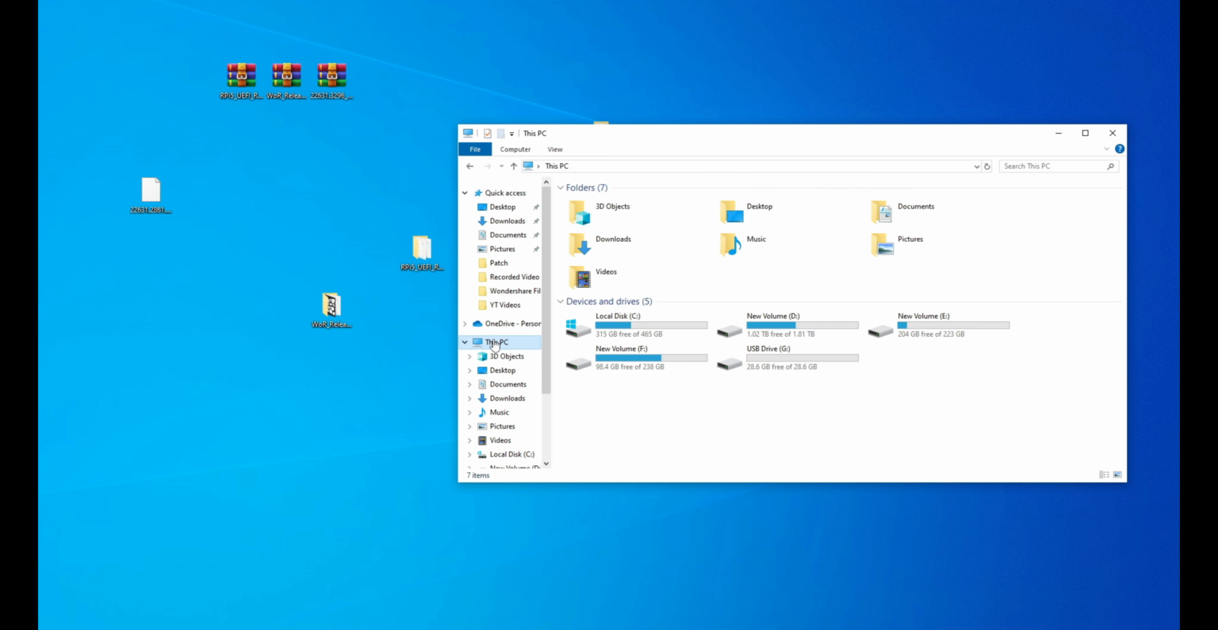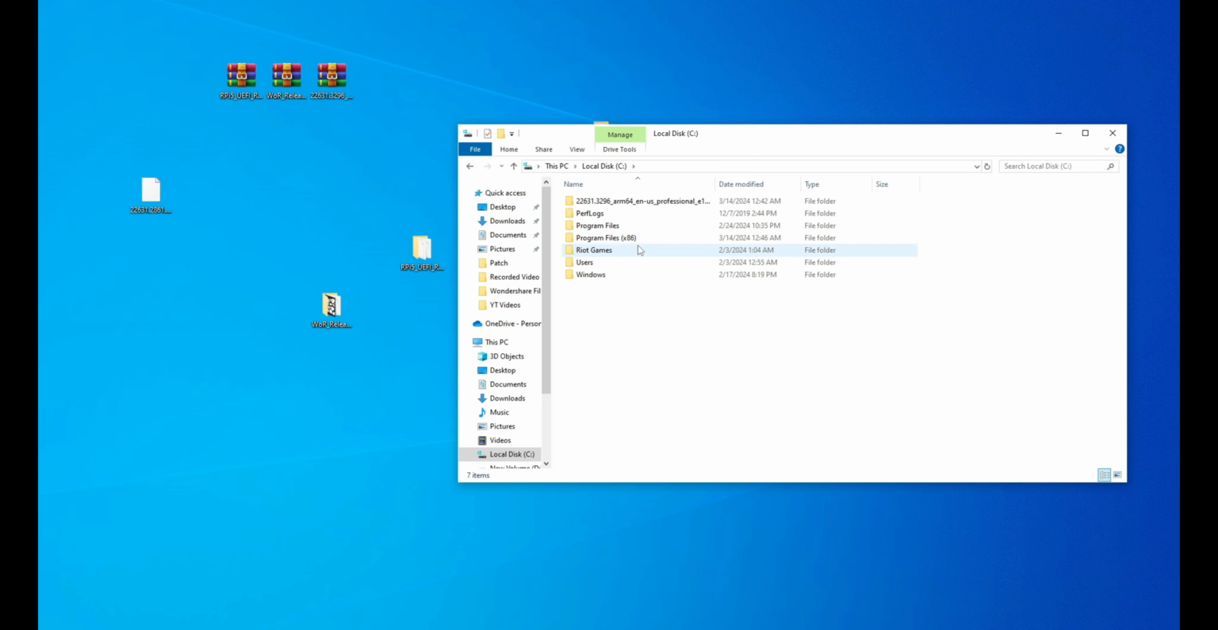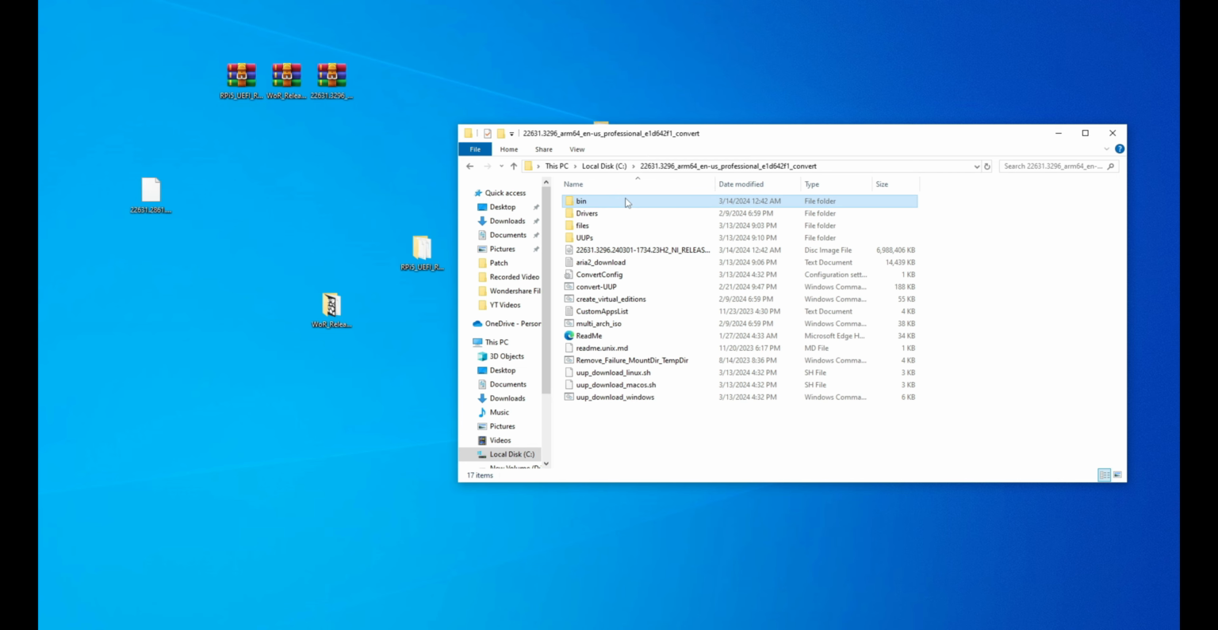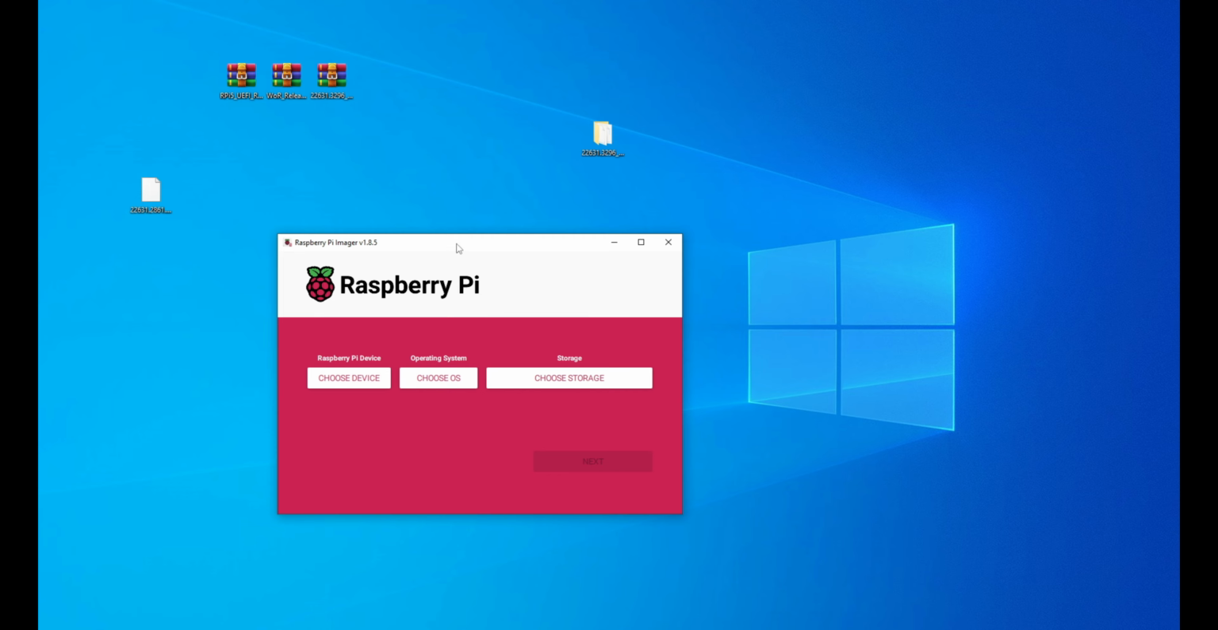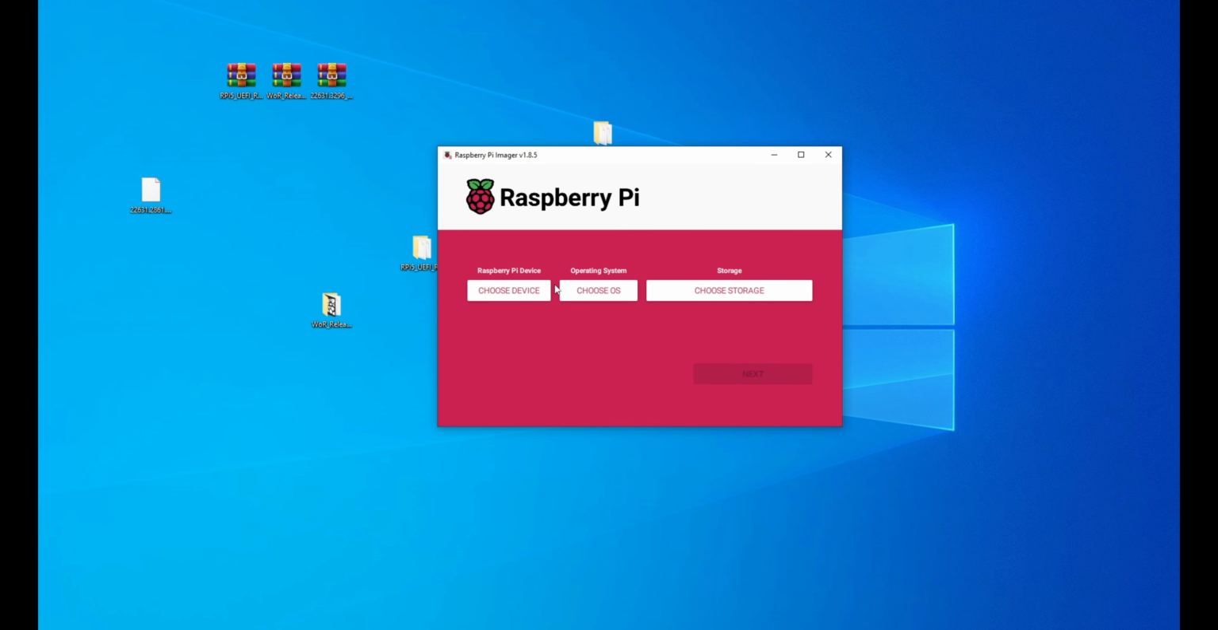Okay, I have already done that, so I go to C drive. I have extracted that file in the C drive, and here I have run this file automatically, and after running the file, the ISO image is already downloaded here. So once this is done, what we are going to do is search for the Raspberry Pi 5 imager. So this is the imager, and I'm going to connect